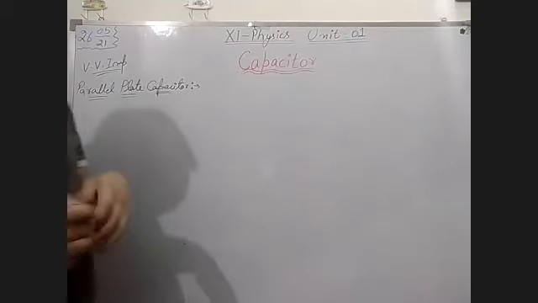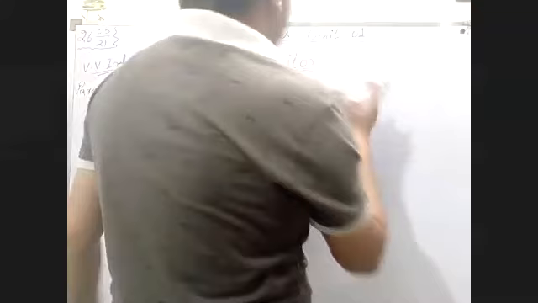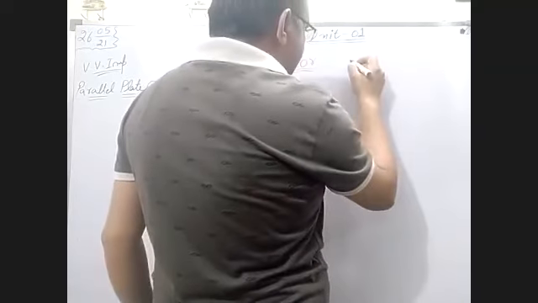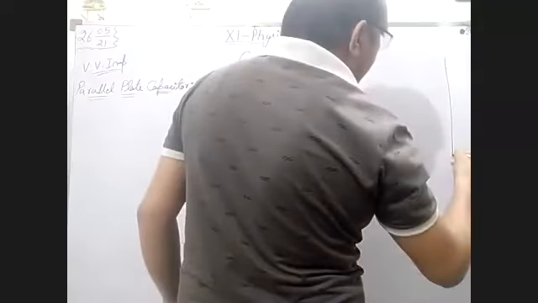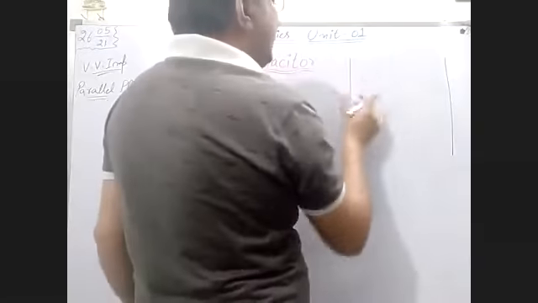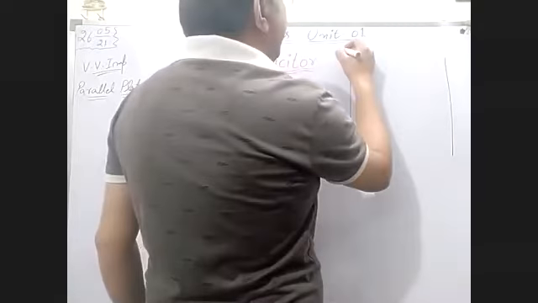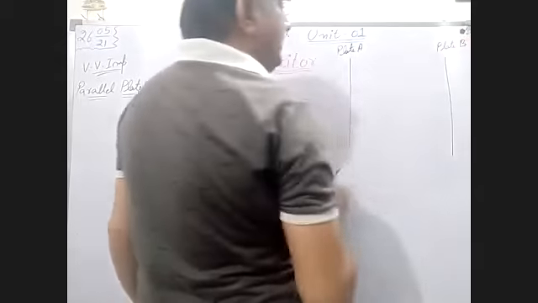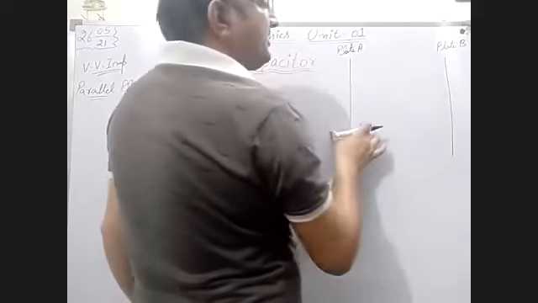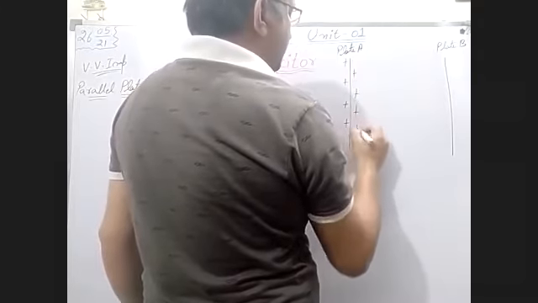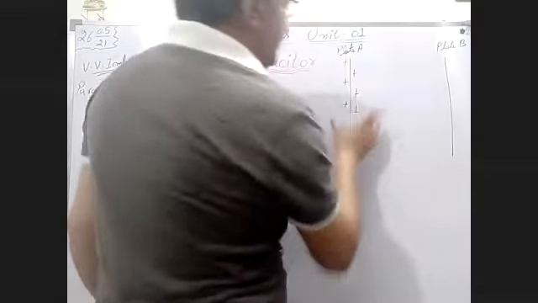Again, you have to draw the diagram for two parallel plates, but there is no need to draw the plate in two or three dimensions. A single line you can take as plate A, and this is plate B. Okay, you have to charge that plate. Suppose positive charge is there.